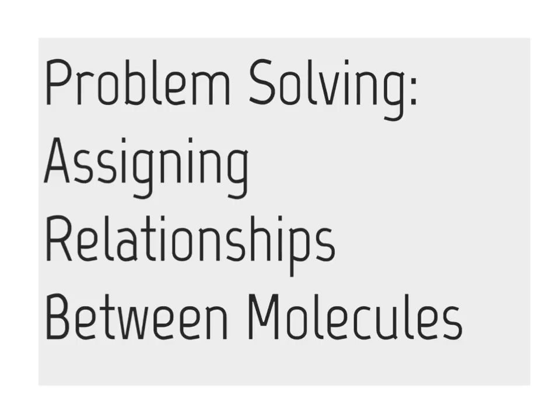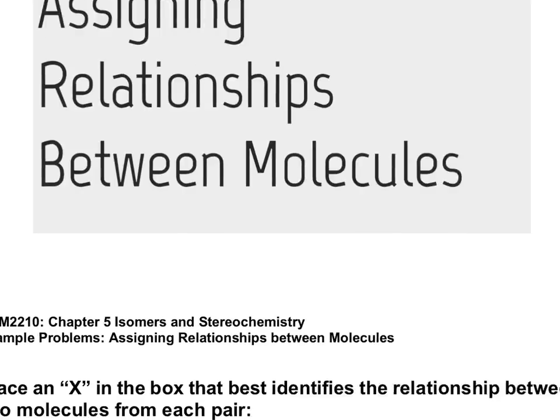This segment focuses on applying the knowledge that we've learned in the last several segments about enantiomers, diastereomers, and constitutional isomers towards solving problems related to identifying the relationship between two different molecules. For this segment, we're going to be looking at the worksheet or handout